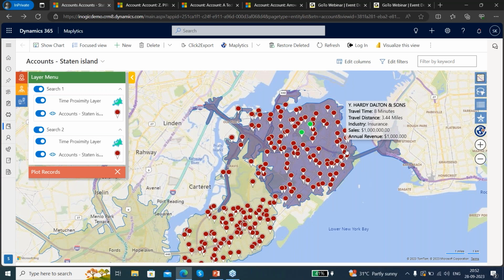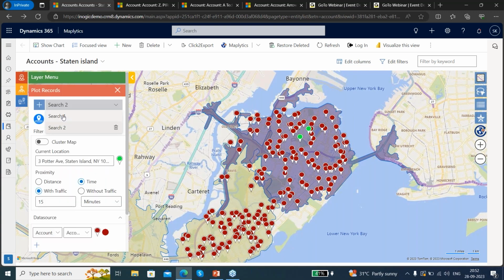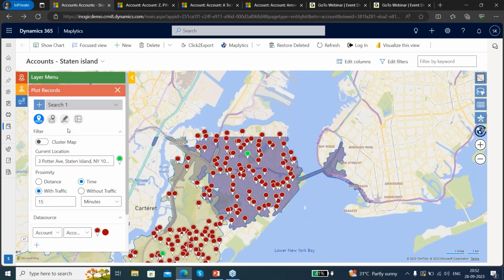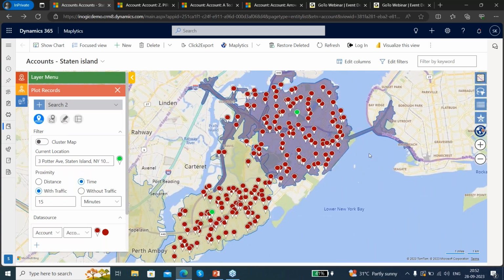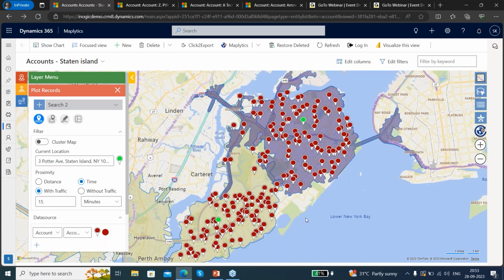So overlapping, now here, let me just correct this, just a second. Okay, now you can see both of the event locations over here. Now we understand that the drive time zone of within 15 minutes has been overlapping between the two events. Right, now because we have already sent an invitation to all of the people who are within 15 minutes of